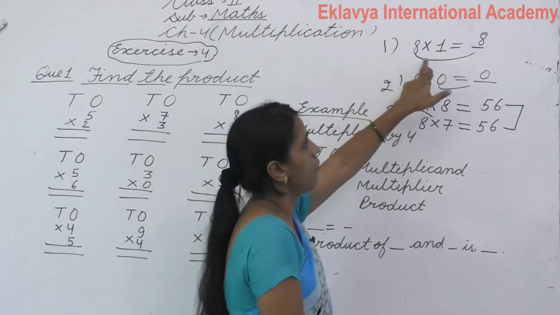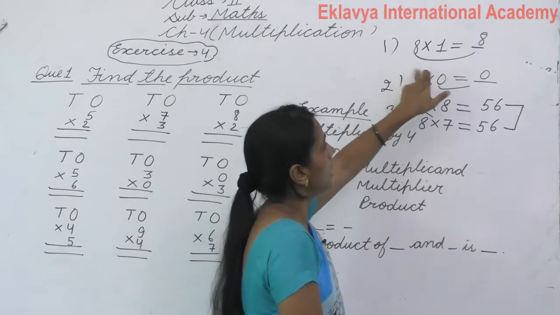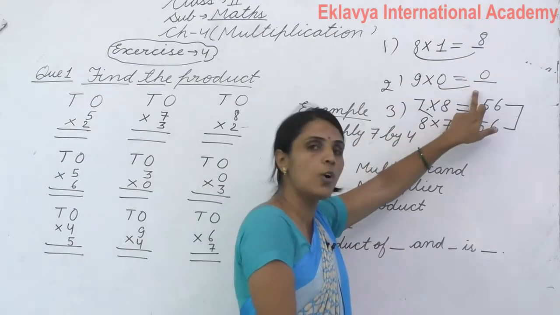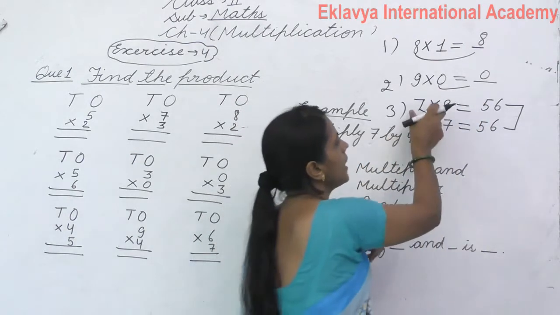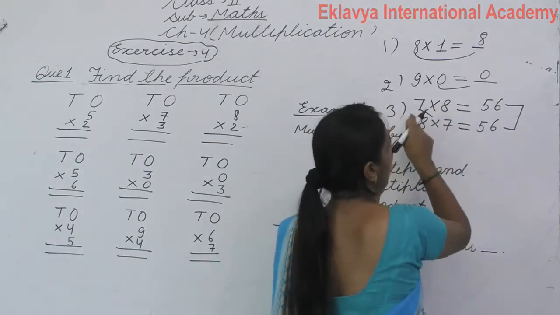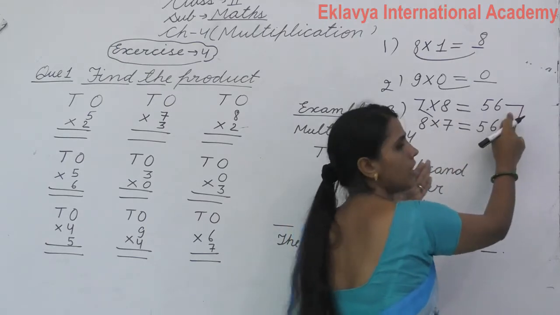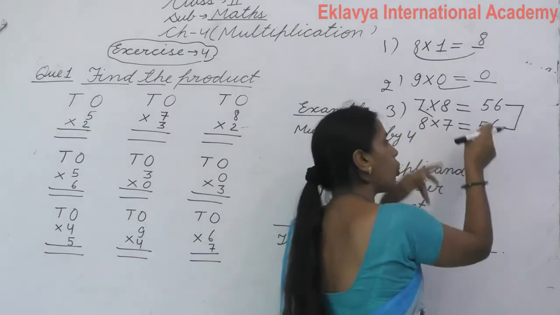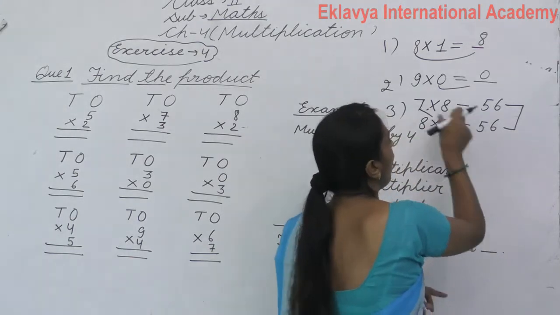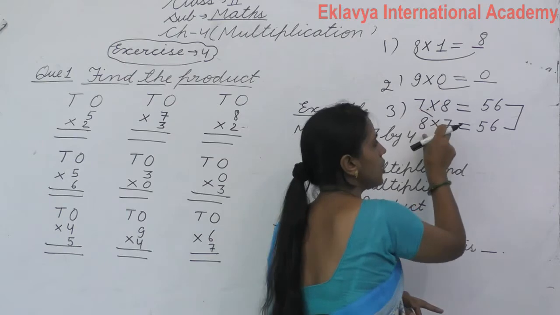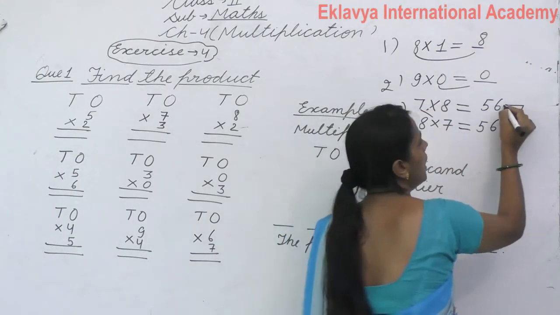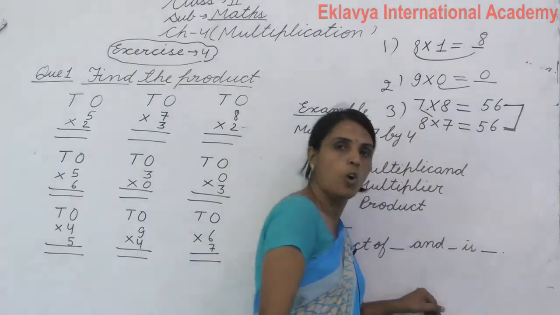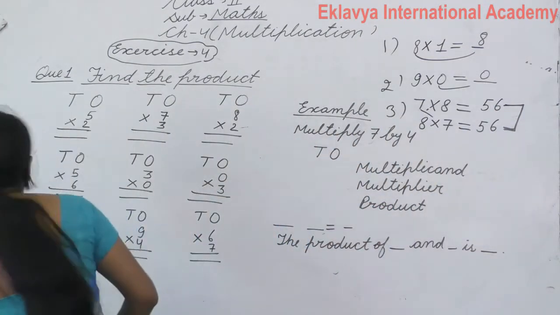If we multiply 1 by any number, we will get itself. If we multiply 0 by any number, we will get 0. And if we multiply any digits like this, I have given the example 7 multiplied by 8, what will you get? 56. और if I change this order, अगर हम इस order को change करते हैं तो भी हमारा आंसर 56 ही होगा. ऑर्डर को चेंज करने पर भी, फैक्टर को अगर हम चेंज कर भी देते हैं तो भी हमारा प्रोडक्ट, हमेशा प्रोडक्ट का आंसर सेम होता है, प्रोडक्ट कभी भी चेंज नहीं होता. Got it? Okay.